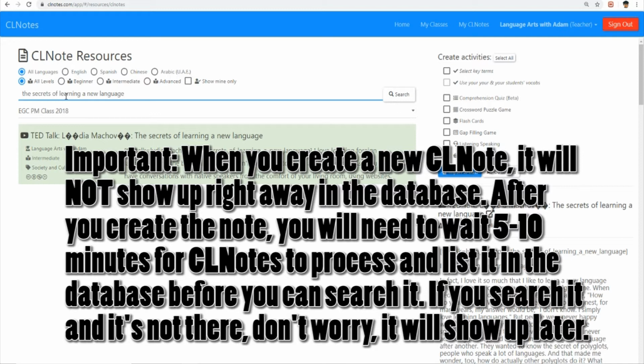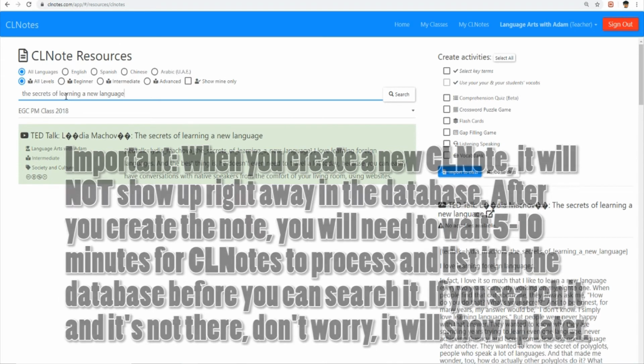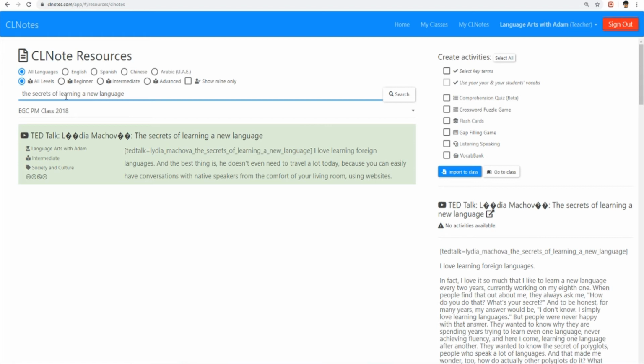And the reason for this is that we're using a complex database organizing system that is doing a lot of things with each note so that it is easily found, because really in this resource search here, eventually you might be searching through millions or even tens of millions, hundreds of millions of different learning resources and different CLNotes. And so our system takes a little while to categorize it and basically organize it in such a way that